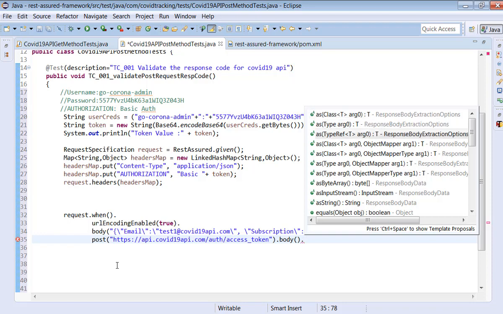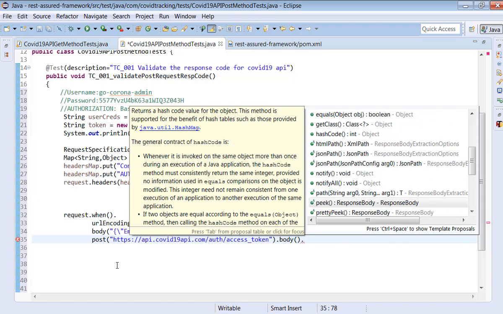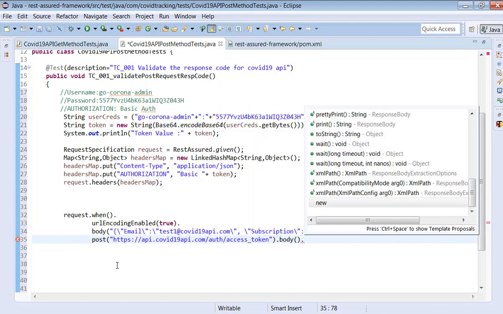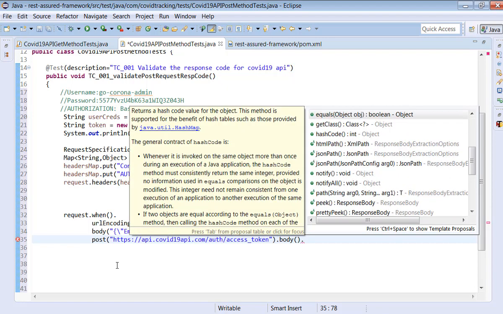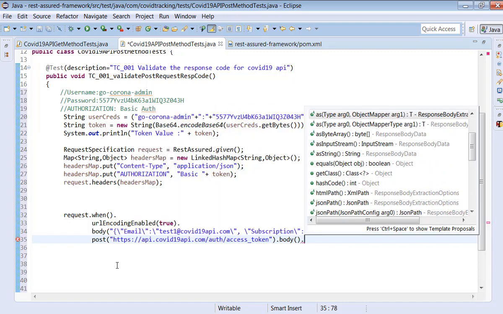We have to look for an option where we get the response code. Let me see the response code which is available here. Is there anything available for us to get the response code? See here, let me see. Okay, I think it is not available within the body.